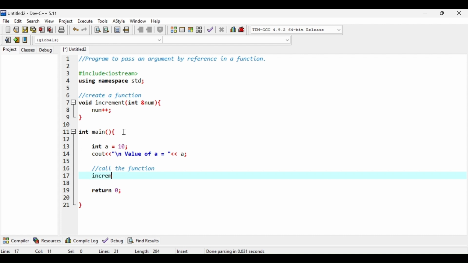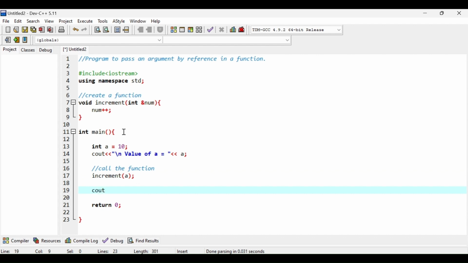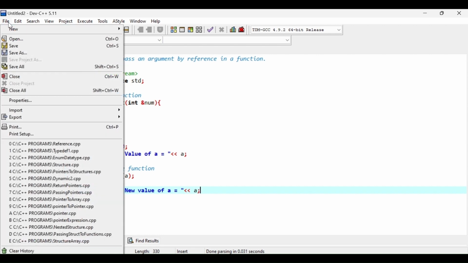We can simply call it by passing the name of our actual variable, which is a. And after this, once again I am going to see the new value of a equal to, and then we will type here a. Let's save this program